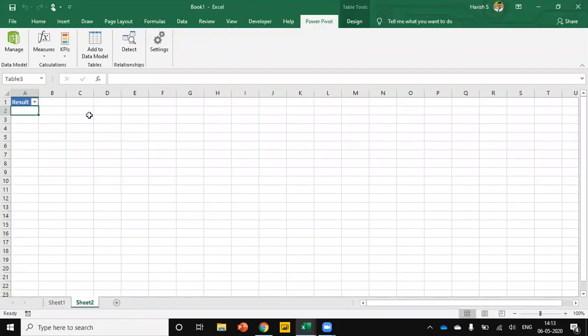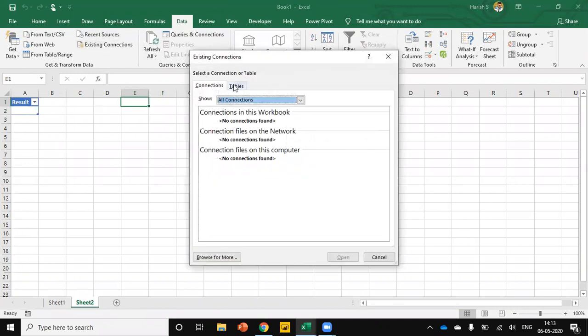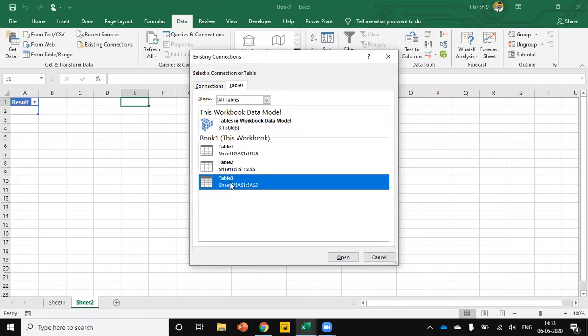Now how do we add a DAX function in the table? The first thing is we have to create a table. Go to Data, under Existing Connections, select the Tables tab, and I want to select Table 3 because this table is empty. This empty table is where I want to retrieve the data.